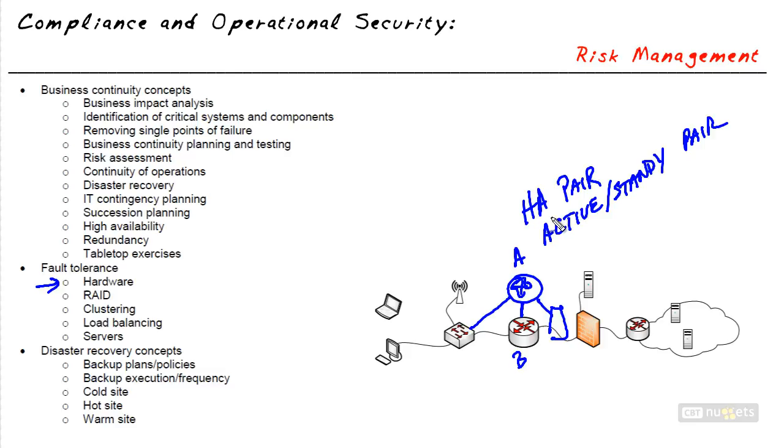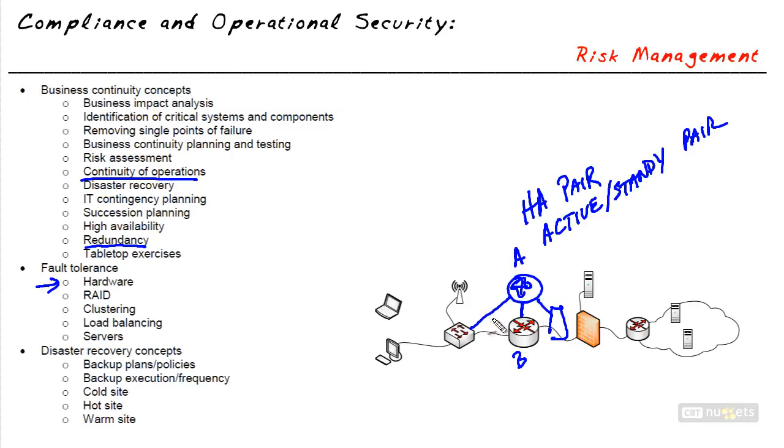So this HA pair, high availability, is just an example of how we could implement fault tolerance and redundancy that's going to help the continuity of our operations in the event a single device fails. And the way it's pulling this off is with redundancy. So we're eliminating any single point of failure, at least here at the router. The router was a single point of failure. Now that we have two, and they're working as a group, as a high availability pair, we've eliminated the single point of failure, and we've mitigated loss in the event router A or router B decides to not operate. And that also includes the links.